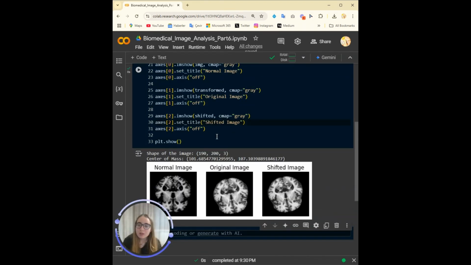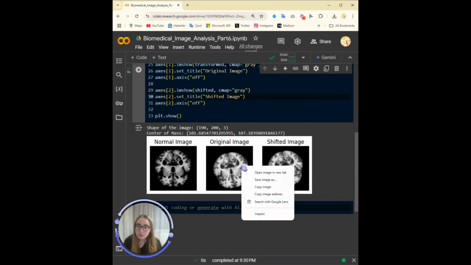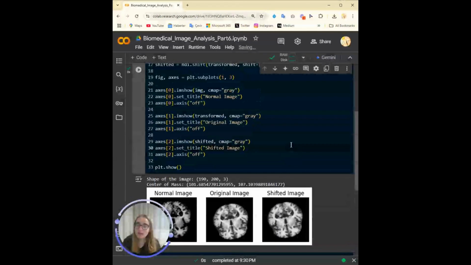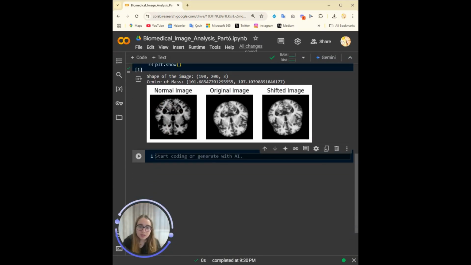Okay, so the shape of our image is 190 by 200, and we have the color channels RGB, and the center of mass is this point. As you can see, the original image was a little bit close to the side, but it's now right in the middle, like this. So it has been shifted to the middle, which is really nice. After we rotate this, it will really look like this normal image.